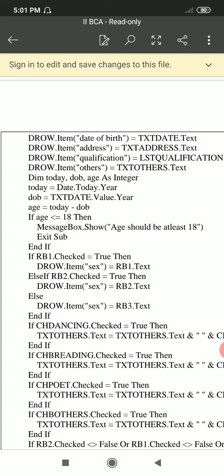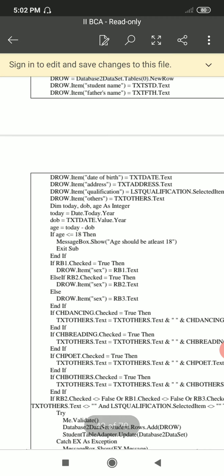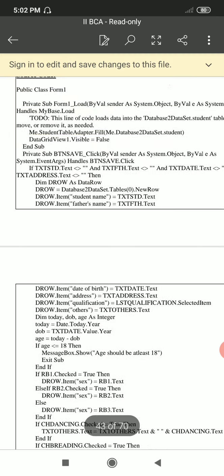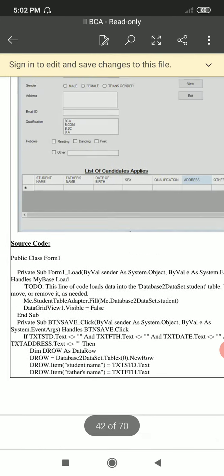So today is today's date of your system date, and if age less than 18 then it should show a message with the age should be at least 18, otherwise it will accept your input. Okay, so this is the validation we have included and you will have to include it in the exam also. So this is the first program.